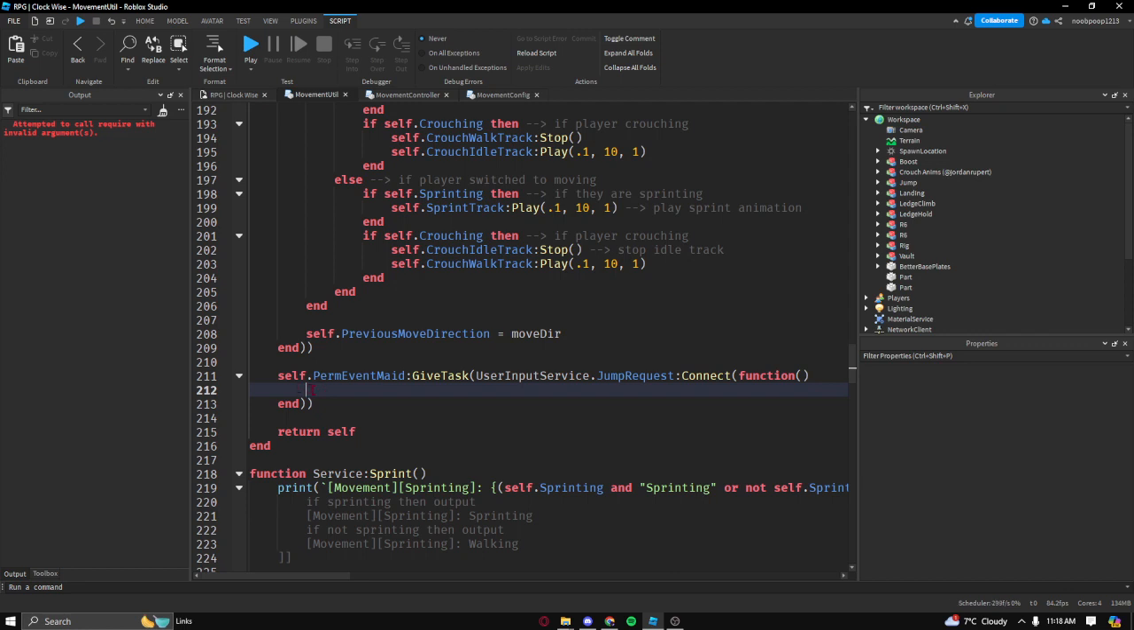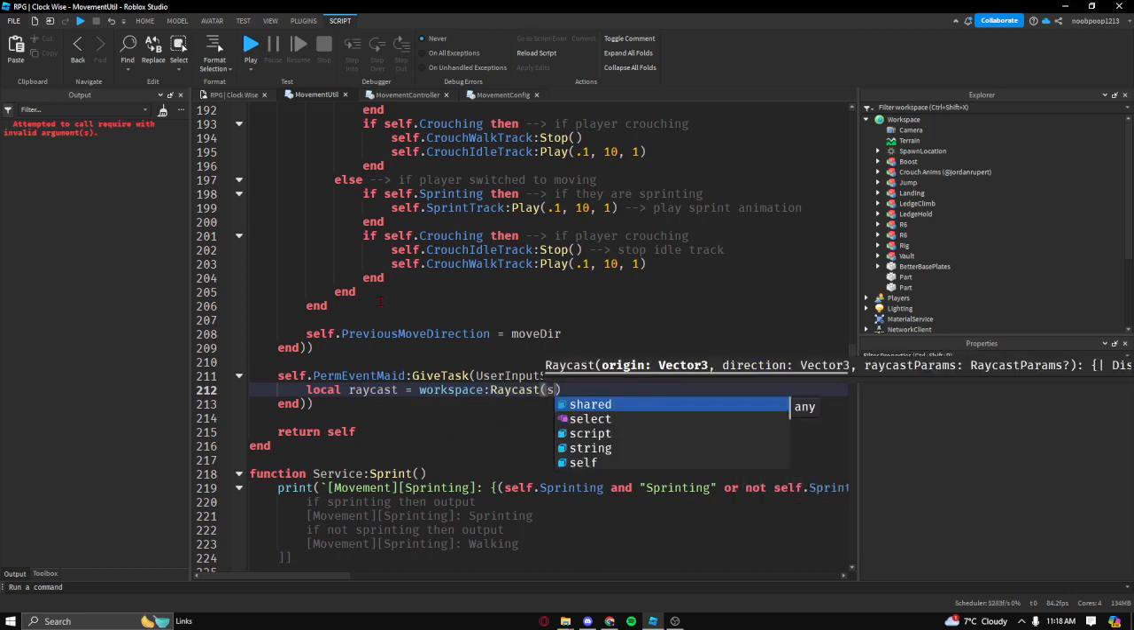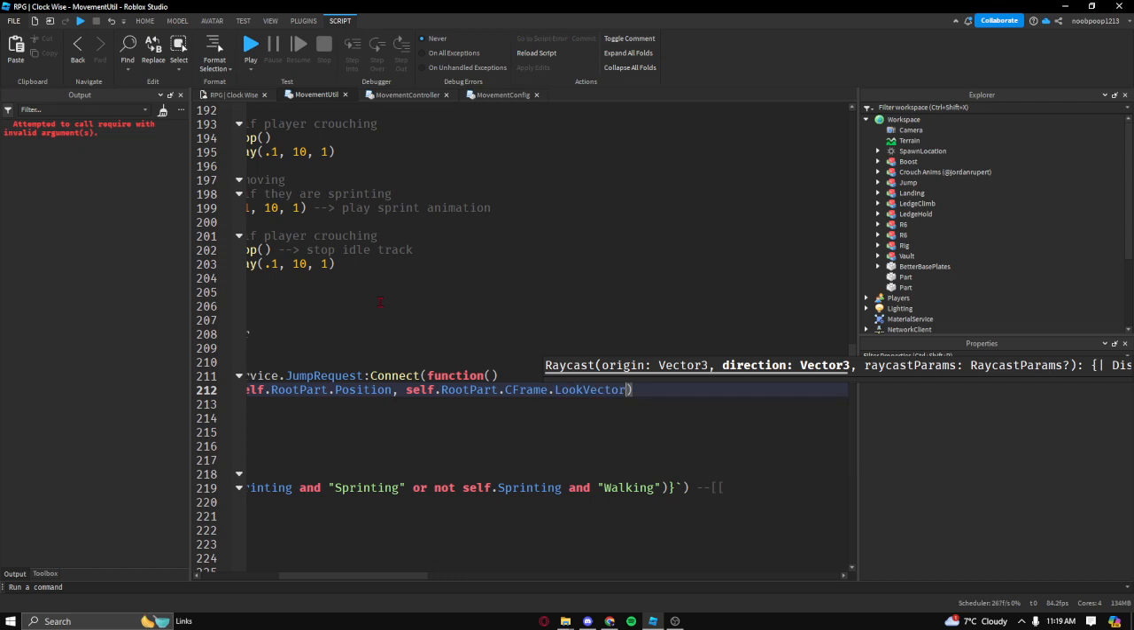So what we're gonna do is we're going to do local raycast = workspace:Raycast(self.rootpart.position, self.rootpart.cframe.lookvector times like 1.5 studs. Alright,